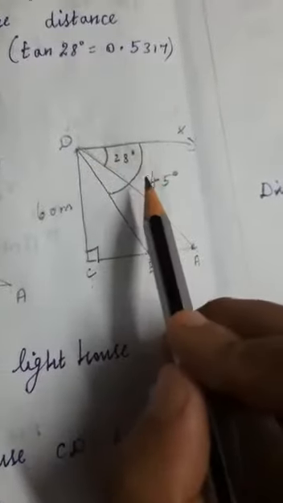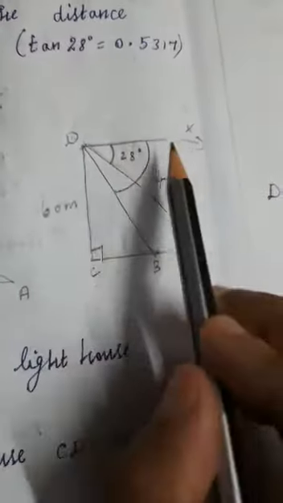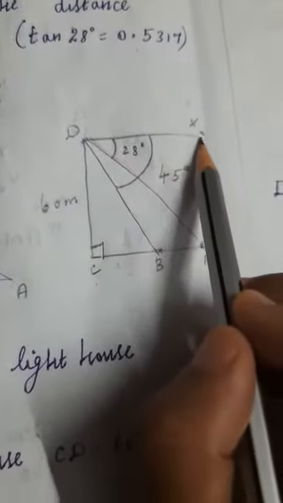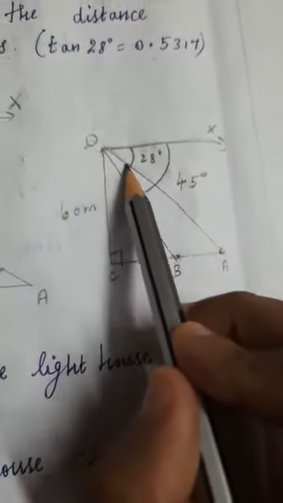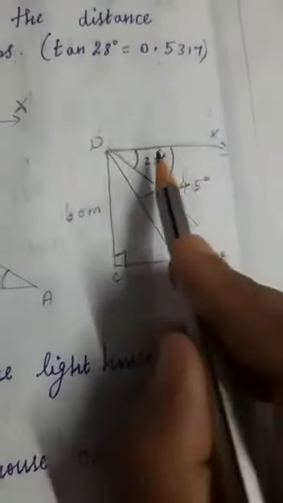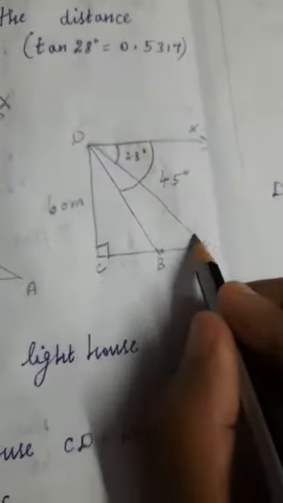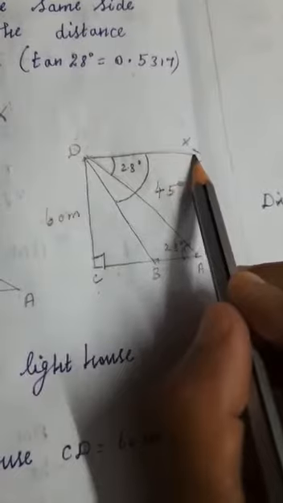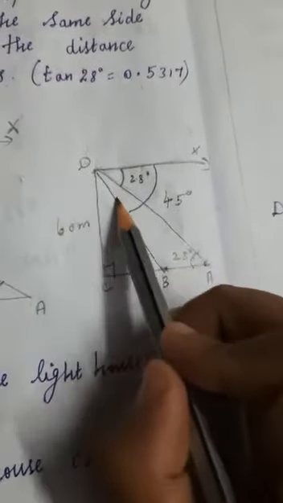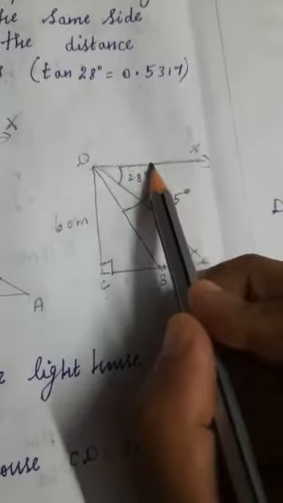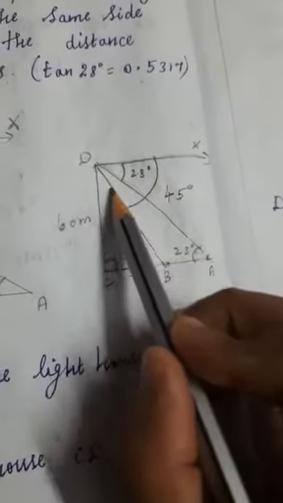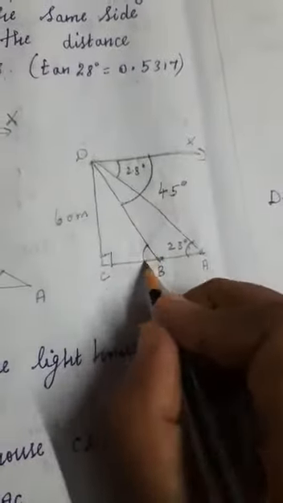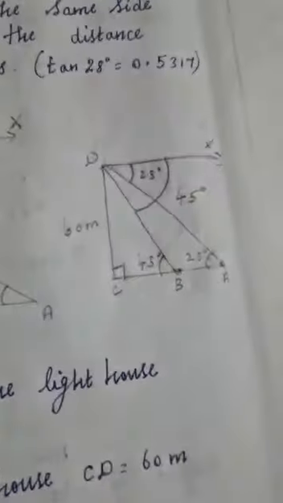Now you need the angles. You know I already said the alternate angles are equal. When you write the angle correctly, you can easily remember this is that Z shape. So this angle that is 28 degree means this also is 28 degree. The next one, you can see this is that shape, from this ending to this ending. So this full angle is 45 degree, which means this angle is also 45 degree only. Now these are the alternate angles.